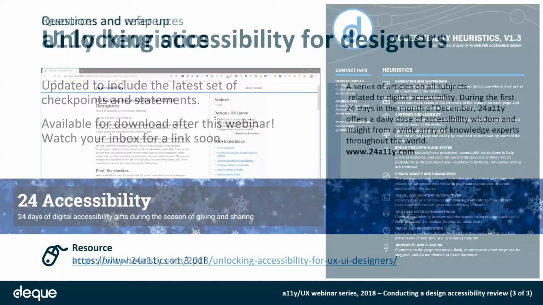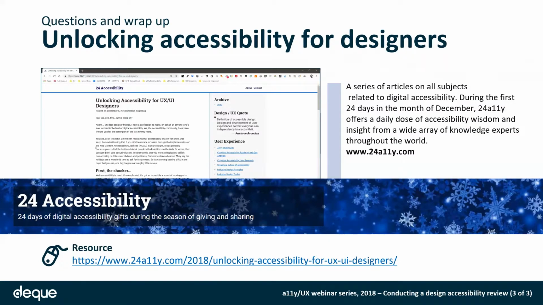And then something I also wanted to share, because the timing was just so perfect. You may be familiar with the 24a11y.com website that produces 24 posts about accessibility between the 1st of December and the 24th of December. So I was lucky enough to be one of the contributors this week, and the article on the heuristics was scheduled on December 6th of all days, so today, without me even asking for it, so that's great. The article was released this morning, and basically it gives context again about the need for those heuristics